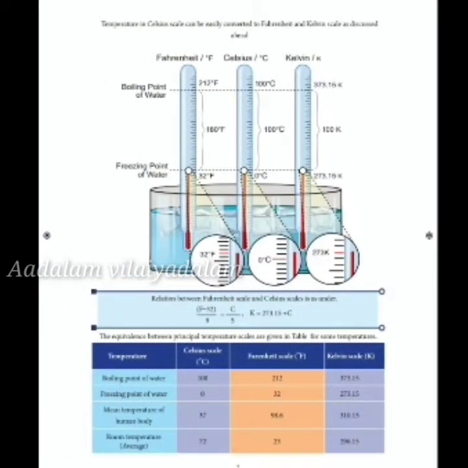Now, see the basic formula between Fahrenheit, Kelvin and Celsius. Using the formulas given, the relationship between the Fahrenheit scale and the Celsius scale, the conversion is done between the temperatures. 0 degree C is the same as, see here in the picture, you can see it is water with ice cubes.